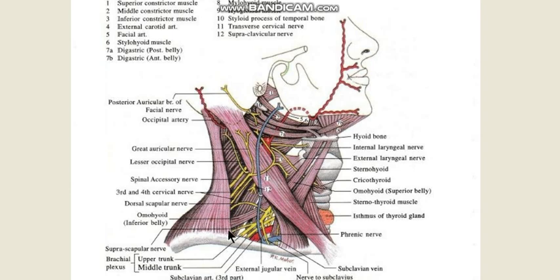Now coming to the supraclavicular or the subclavian triangle, above it is formed by the inferior belly of the omohyoid, below by the middle one-third of the clavicle, in front by the posterior border of the sternocleidomastoid, and its roof as usual is formed by the skin, superficial fascia, platysma, investing layer of deep cervical fascia, and all the other superficial structures.